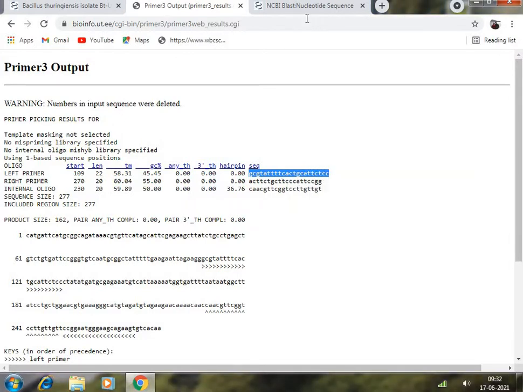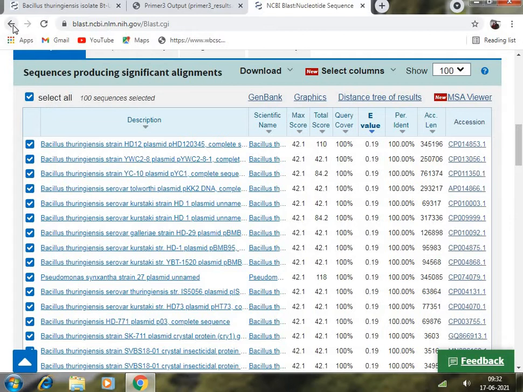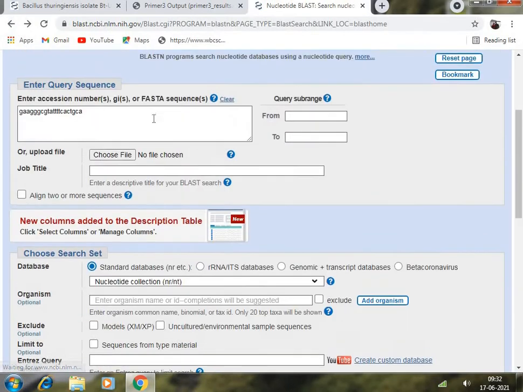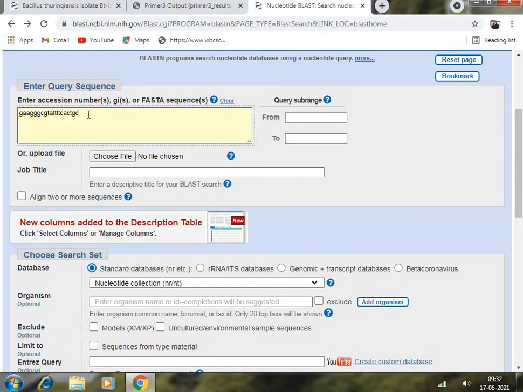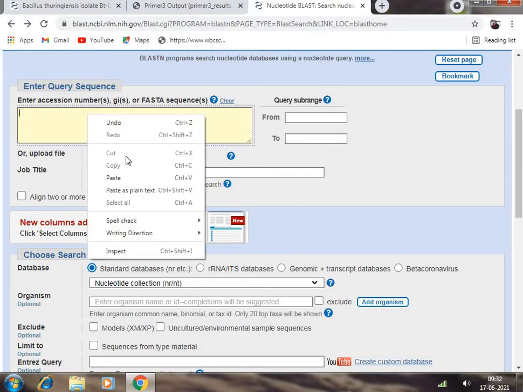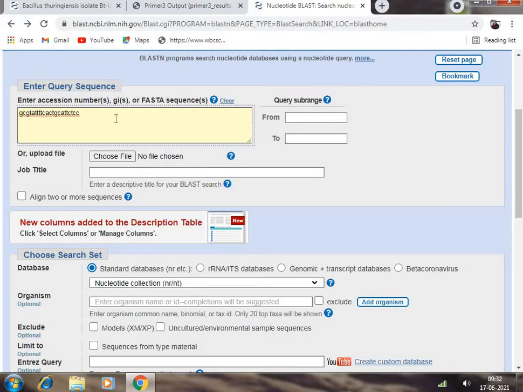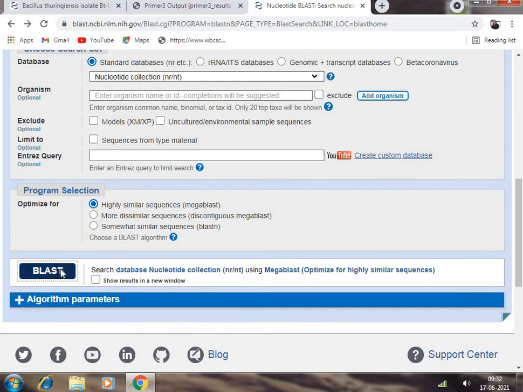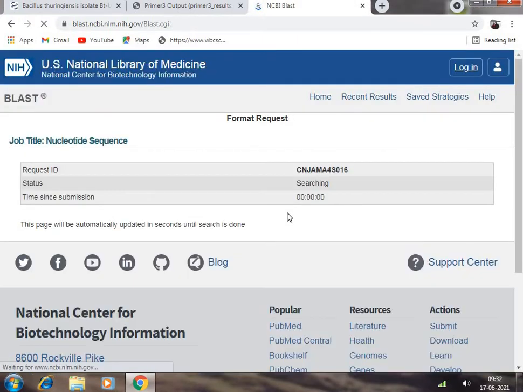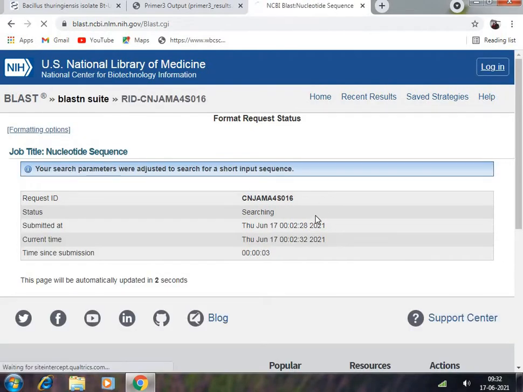So make a copy, go to the NCBI BLAST website, and now I am adding the primer. I am pasting the primer, and after that again go for BLAST. And now again you have to wait for some time. By that time they will search with all the available data present on their website.